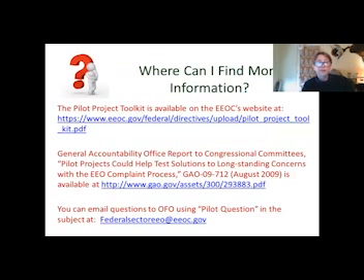If you're looking for more information, Navarro and I have mentioned these things, but the toolkit is a great place to start. It has an FAQ section. It goes through the process, and so it's a helpful starting point. Again, there's the link to the GAO report if you want to get really in depth into the data analysis and objectively measurable goals and what the GAO has to say about that.